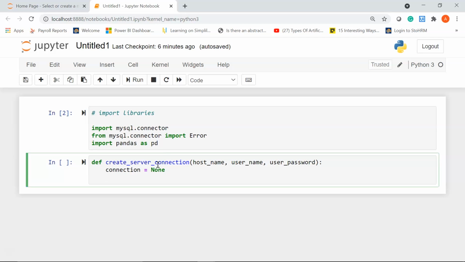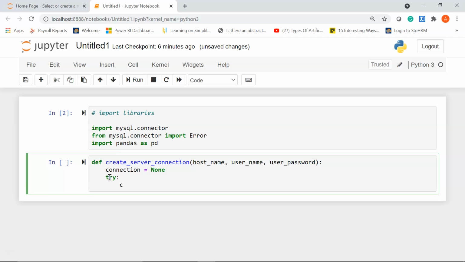Now we'll be using exception handling techniques to connect to our MySQL server. The try block lets you test a block of code for errors, and the except block will handle the errors. So I'll write try and give a colon, and then I'm going to reassign the connection variable to a method which is mysql.connector.connect.